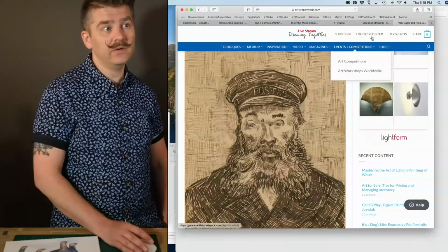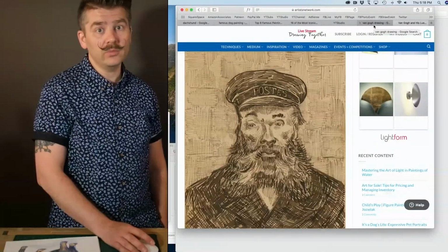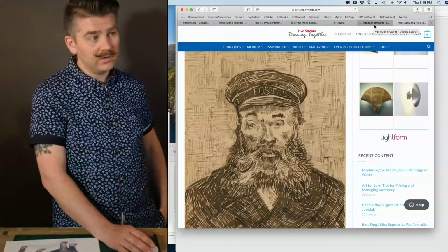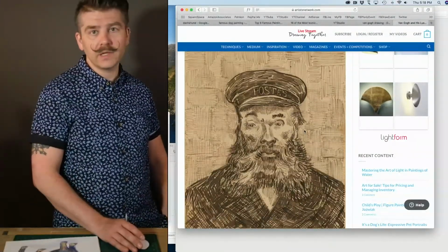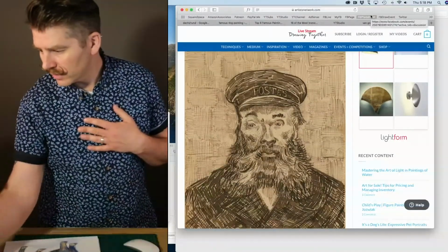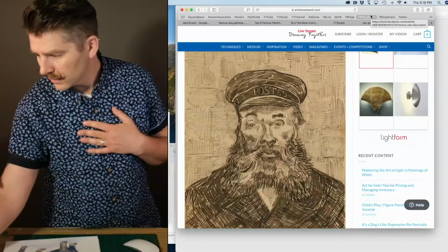We all know his paintings very well, but his drawings, in some ways, I think, are arguably superior to his paintings. So he's a person I really appreciate. He would be a great artist to look at, to study, just because of the vocabulary of lines that he uses. Okay, so just to bring this graphic back,